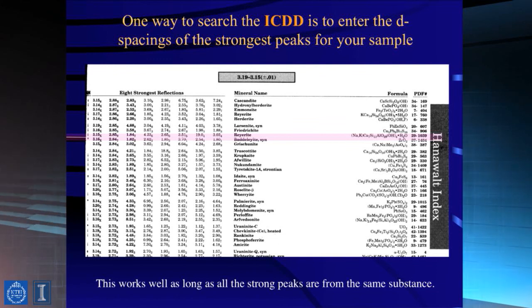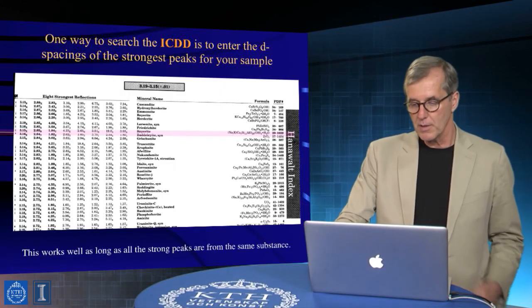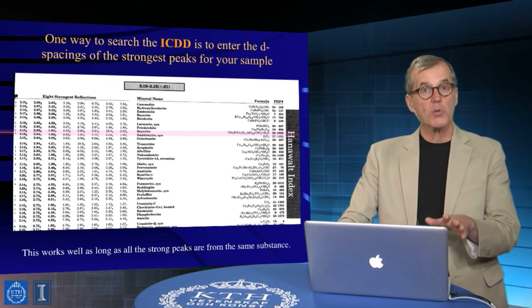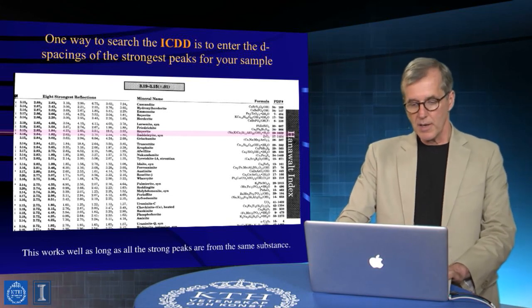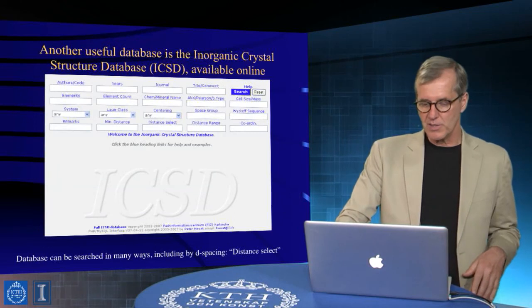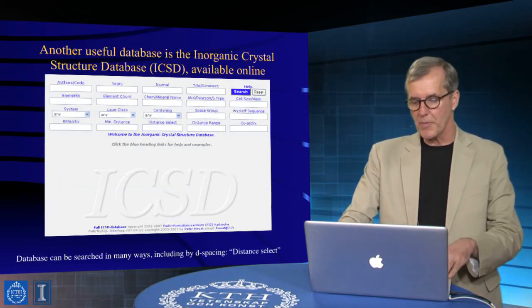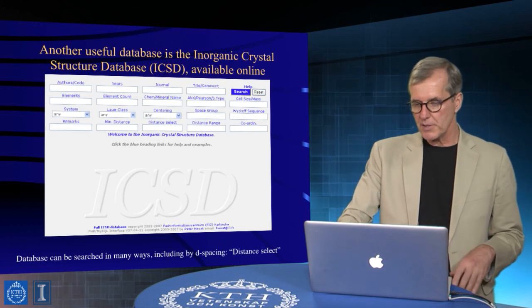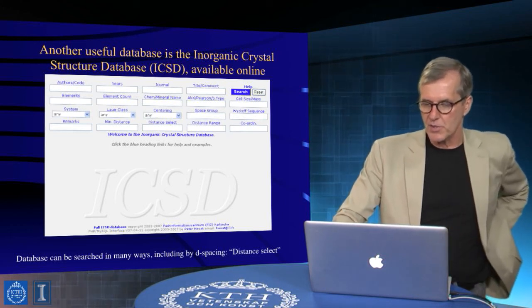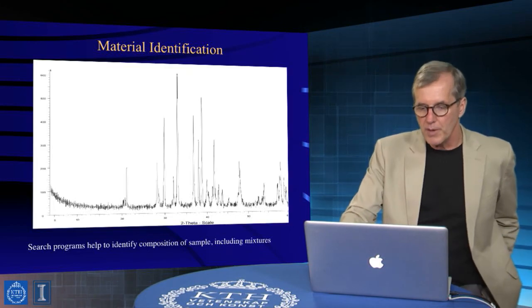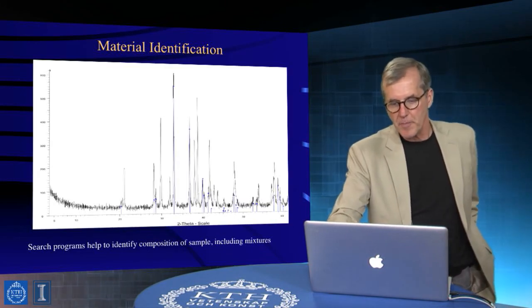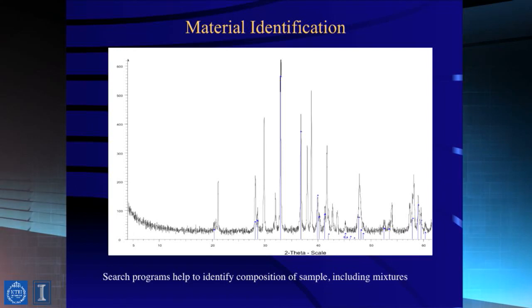So there's a particular mineral structure that actually fits this data very well, so that you would know not only the fact that this was an aluminum silicate, sodium, potassium, calcium aluminum silicate, right? But in point of fact, it's a particular crystallographic form of a well-known mineral, and this works well as long as the peaks are strong and the database actually has good stuff in it, right? So databases can be searched by characteristic d-spacings. Distance is the searchable parameter, and it's like a fingerprint, right? And so we can go ahead and look at that and use a search program to identify the composition of a sample,